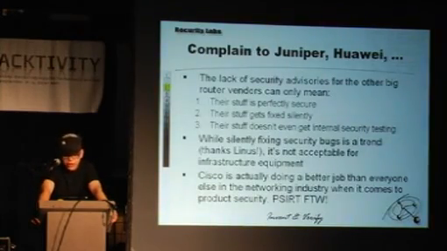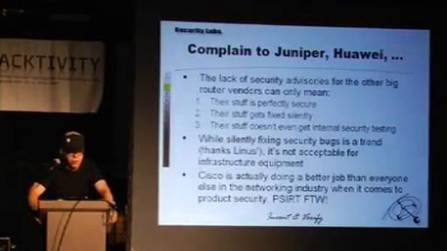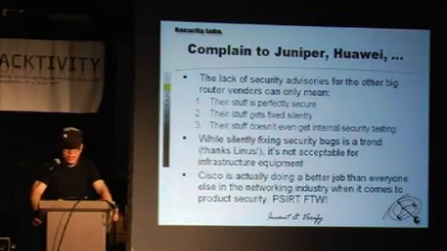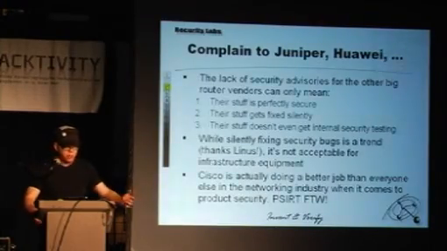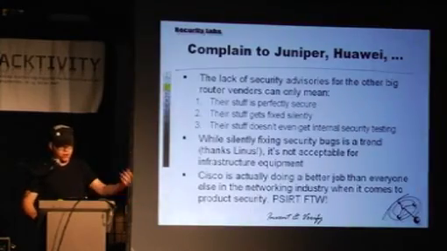So go ahead, complain to them. They should actually go and check their devices, penetration test them and audit their code. And this is actually where Cisco is better than the rest of the world, because they at least have a security team. It's not like anyone in Cisco would listen to PCERT, but they at least have a team. So I don't know if Nortel even has an email address where you can report vulnerabilities.